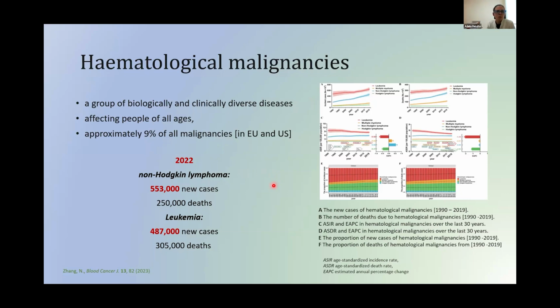In the GLOBOCAN survey made in 2022, there were diagnosed with non-Hodgkin lymphoma about 553,000 new cases, and half of them died, and also were diagnosed about 500,000 cases